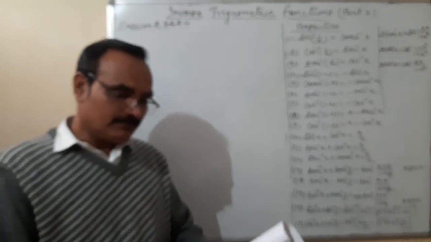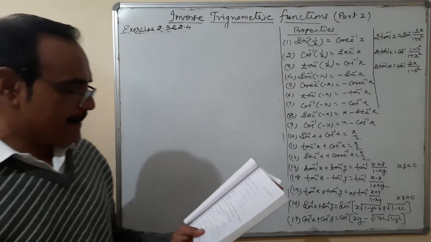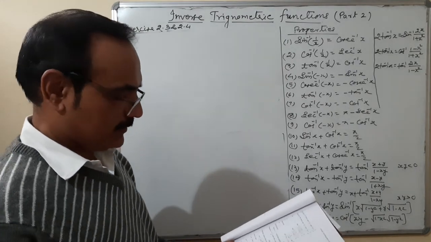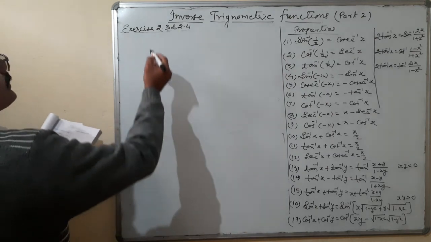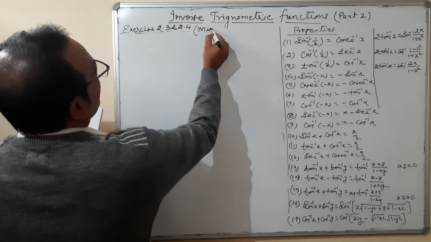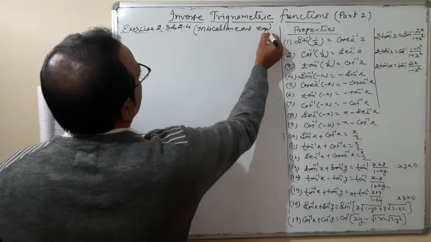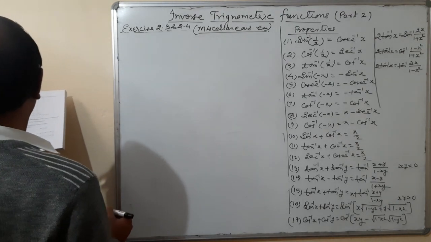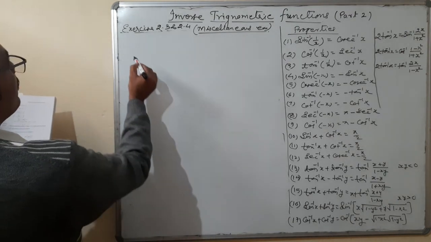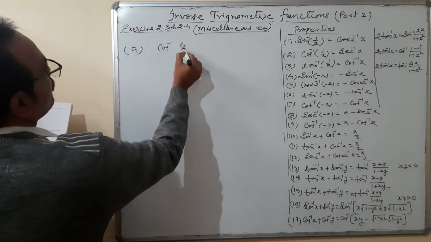Okay, now coming to the miscellaneous exercise. From the miscellaneous exercise, taking a question. I am taking question number 5. Fifth question is cos inverse 4 upon 5